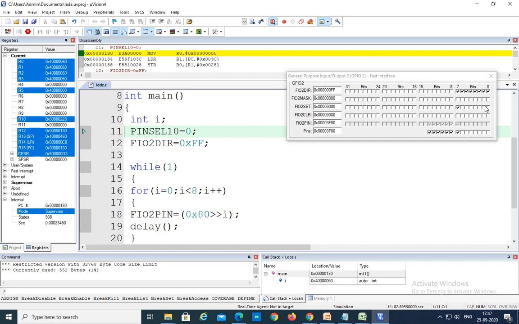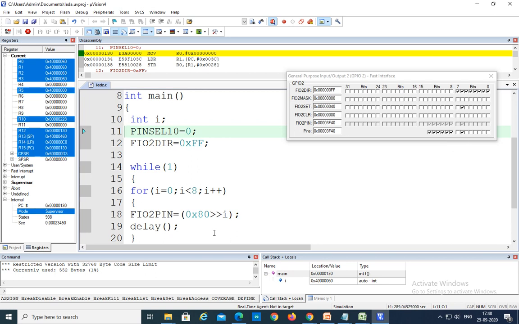See, every time you have to rebuild the program whenever changes are made in the program. So here actually it is moving from left to right, 0 to 7. In the kit, 0 is at the left and 7 is at the right. So now here 7 to 0 means right to left it is moving. Remember that point. So now the same here, alternately left to right and right to left, left to right and right to left. So like that we have to glow the LEDs.